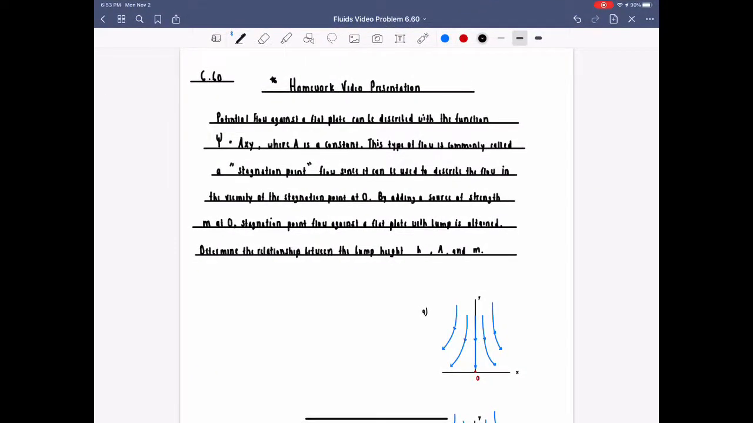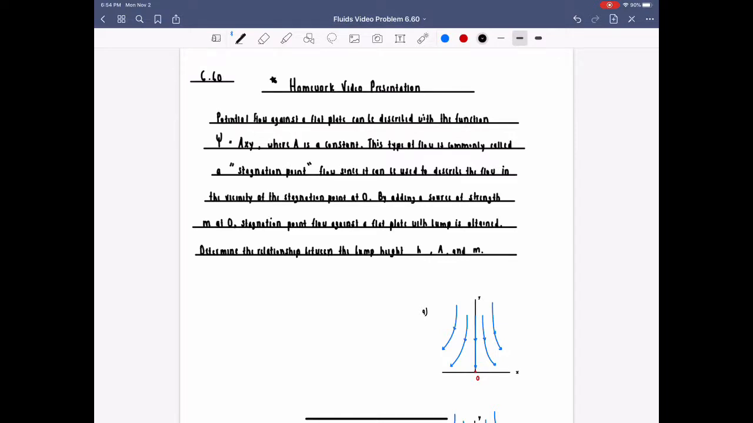So I already started off by writing the problem down. The problem statement reads, potential flow against a flat plate can be described with the function psi equal to axy, where a is a constant. This type of flow is commonly called a stagnation point flow, since it can be used to describe the flow in the vicinity of the stagnation point at point 0. By adding a source of strength m at point 0, stagnation point flow against a flat plate with a bump is obtained. Determine the relationship between that bump height, h, the constant a, and the